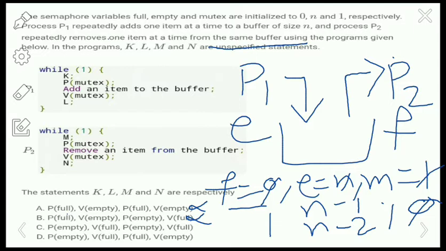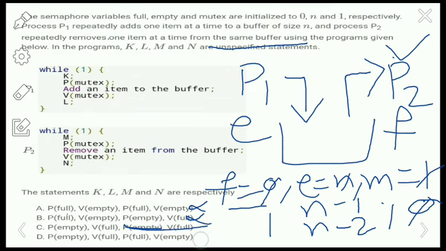Here the P2 has to consume the data, so the consumer has to check the semaphore full, that is the variable full only, but here it is checking the semaphore empty. So that's why this option also won't work. It cannot consume the data if you apply this option.